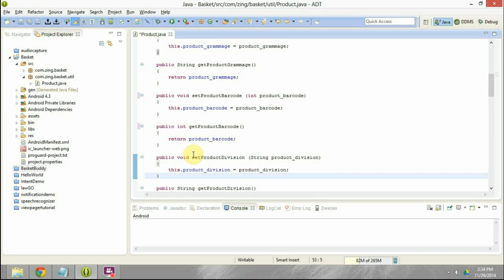So for products I need to manage say 10 parameters. In the next tutorial we will understand how to use this custom object that we have just created.